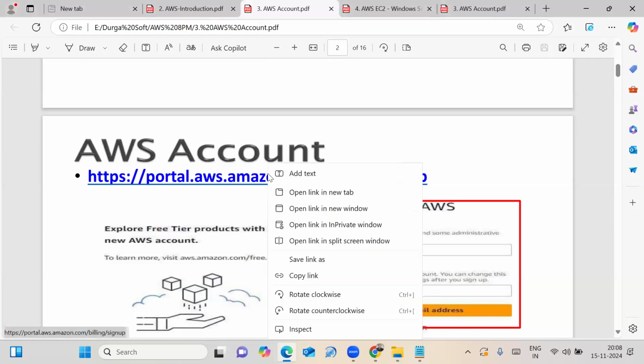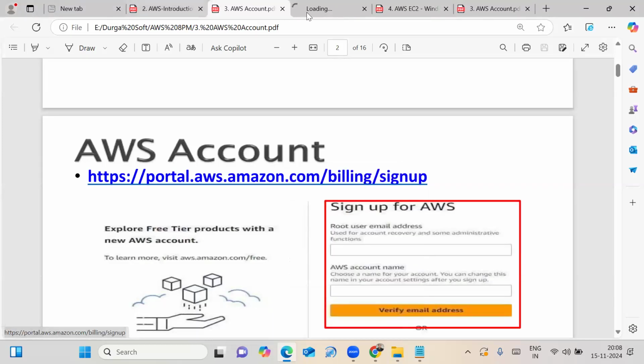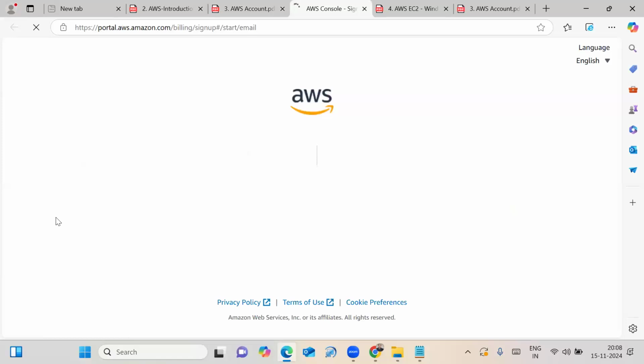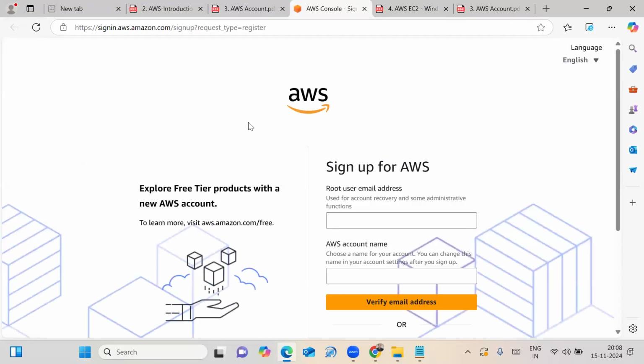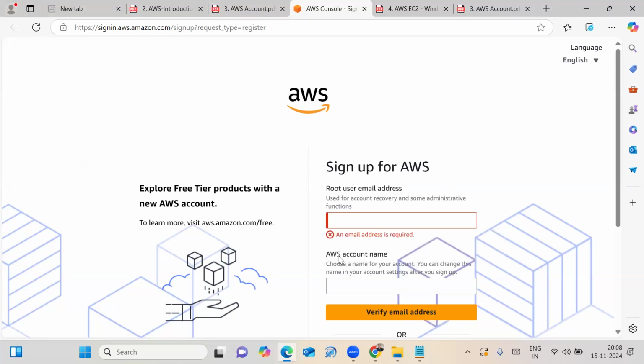See, friends, when you click on this link in the class material, it redirects to this page. You need to sign up for your AWS account. You need to enter your mail ID, whatever mail ID you have, and you need to enter your AWS account name.